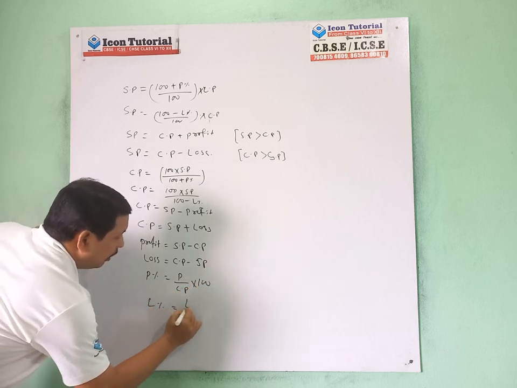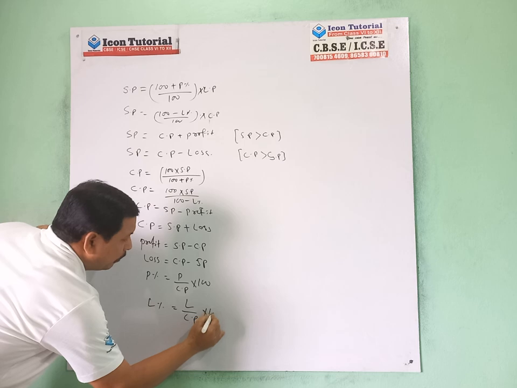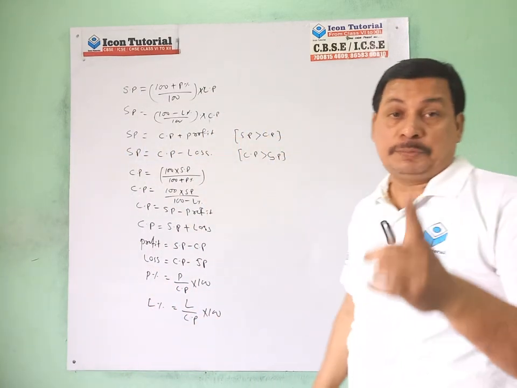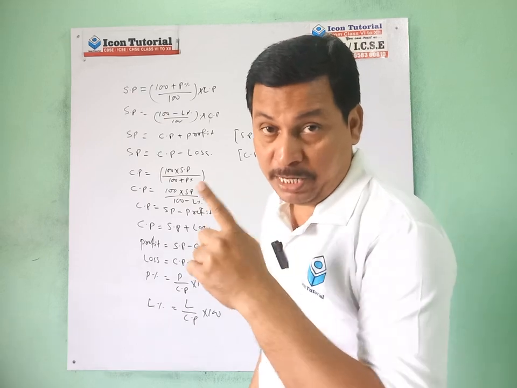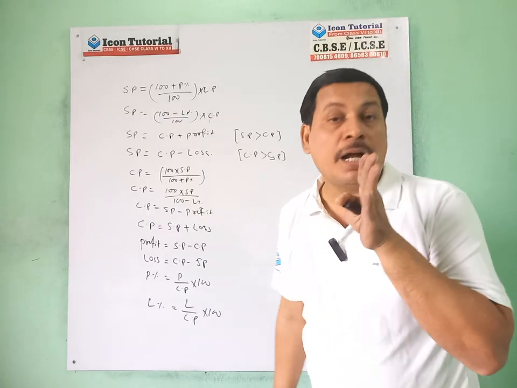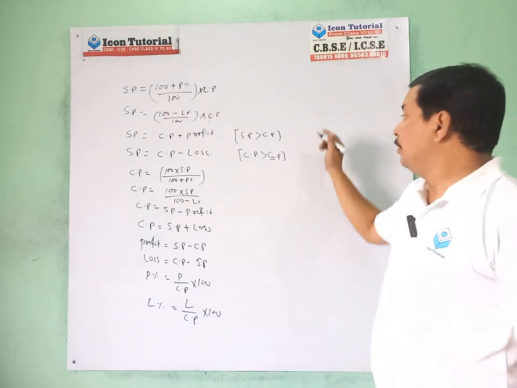Loss percent, loss by CP into 100, right? So this is related to some formulas: selling price, cost price, and profit percent, loss percent, and profit and loss. Okay, now